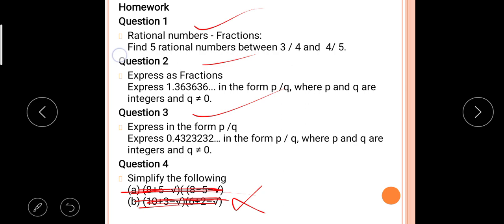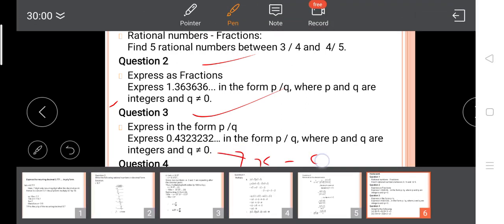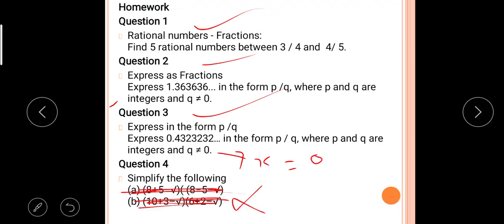Now listen, first is very simple. You can find it out. Second one is also 36. After the decimal, two digits are recurring. Third question: after the decimal, after one number, 3232 is there. So first, what is your x? For this question you have to consider x equal to 0.4 recurring 32, that is x is equal to 0.432. Okay, and then you have to calculate. So do try to solve. Okay, thank you, students.